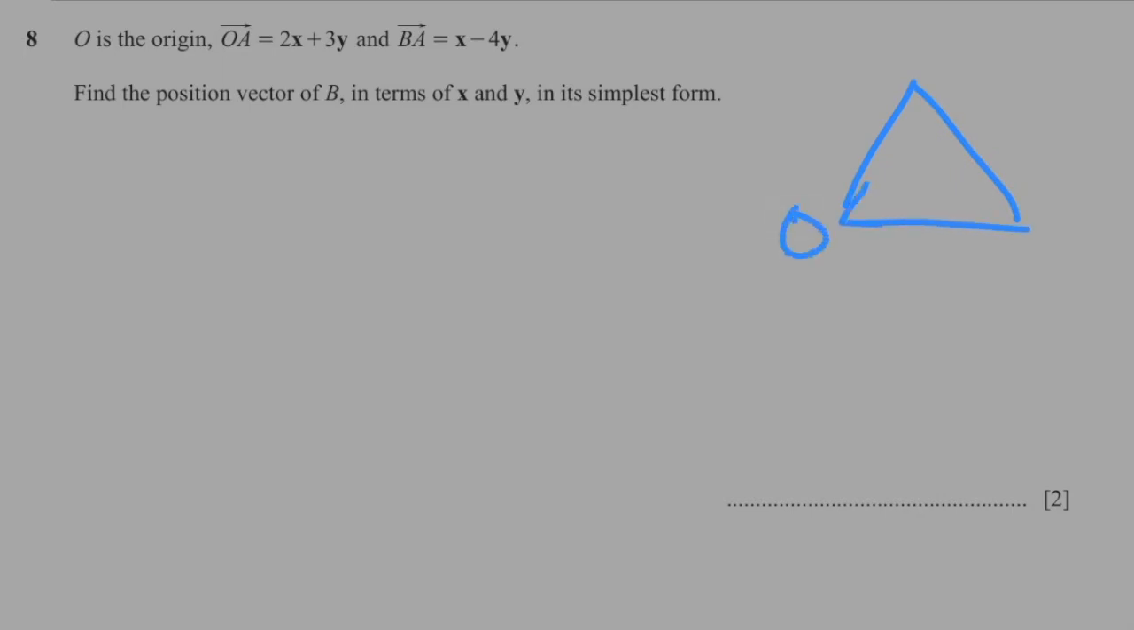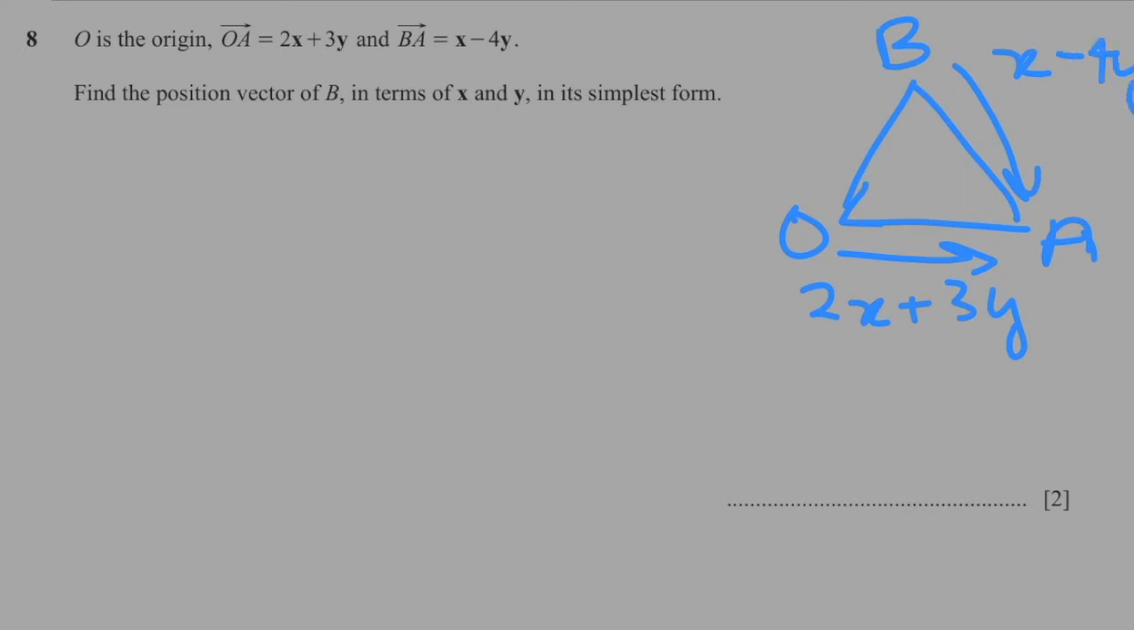So let's suppose O over here followed by A and B. So OA is 2x plus 3y. BA is equal to x minus 4y. So the unknown over here is the position vector of P, that is to say OB. So I'll go from OB is equal to OA